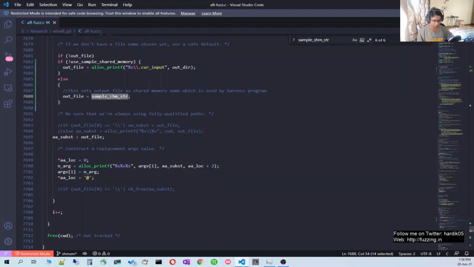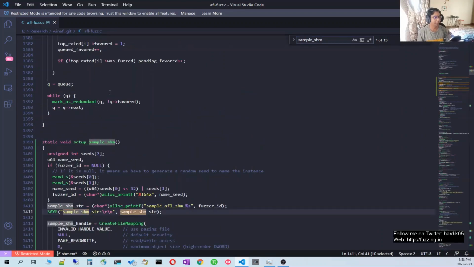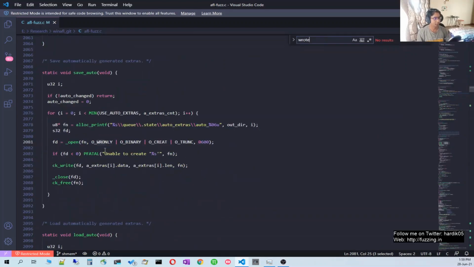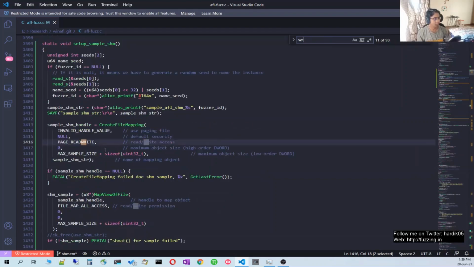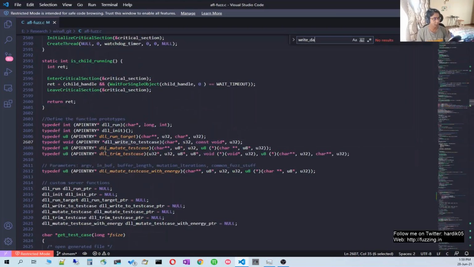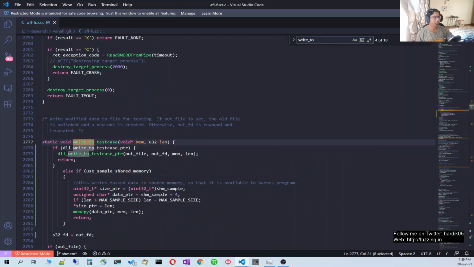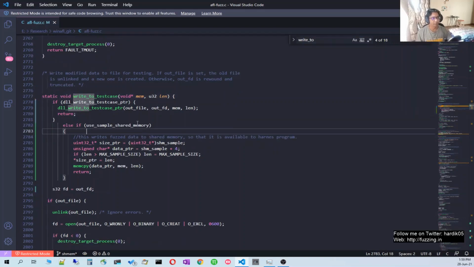And now let's see where it writes all the data. Okay, so there is another function, write_to_testcase, and this function is responsible for writing all the data to our .current_input file in case you are using file-based mode.